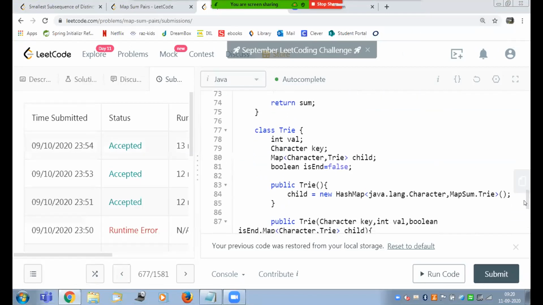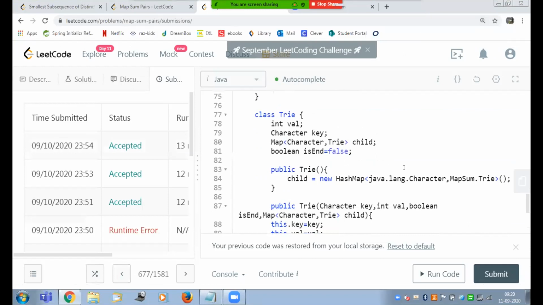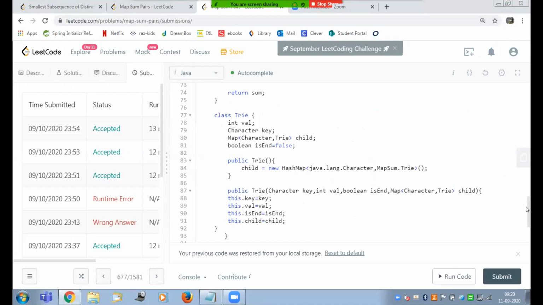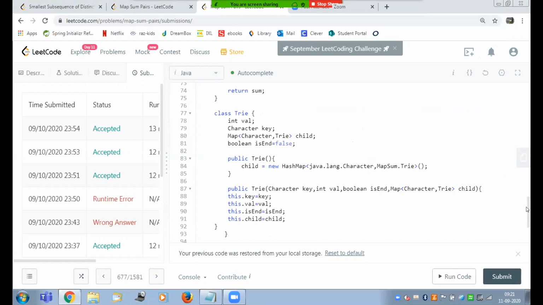So this is the base trie class. I just declare here the character will be the key and the value will be whatever value we get for the end of the word.